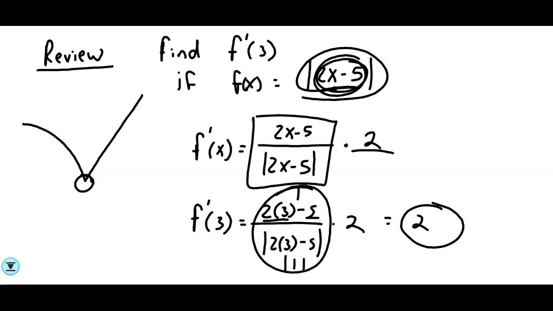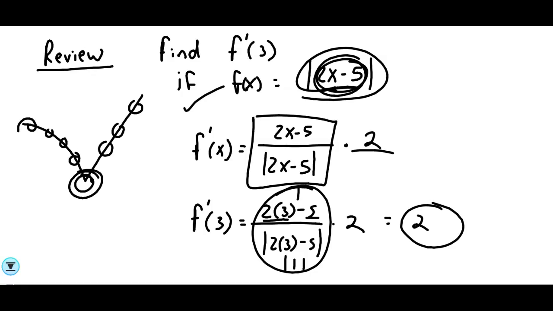Sometimes they bend. Usually in classes prior to this one, they just focus on the ones that straight up look like a V shape. But they don't have to look like a V shape. The point is basically it just causes your graph to have a cusp in it. Okay? So when we're being asked to find the derivative of an absolute value function, the little trick we talked about will work for any point here. What I just did will help you find the derivative of any point on your absolute value function unless it's at a cusp. Okay? If it's at a cusp, then that derivative is not going to exist